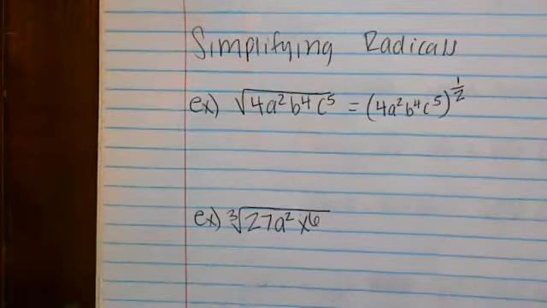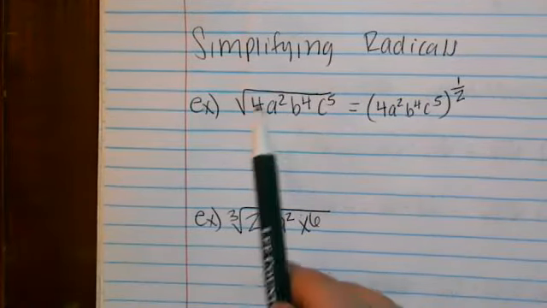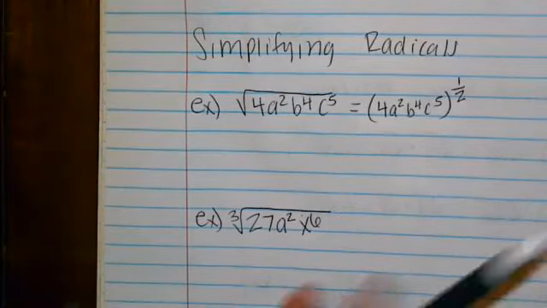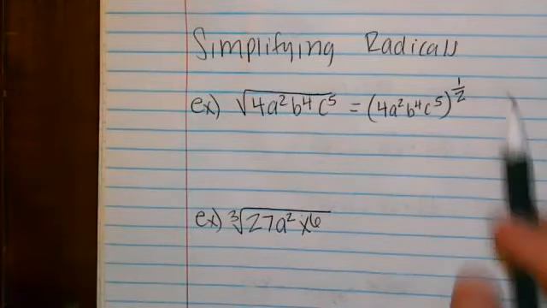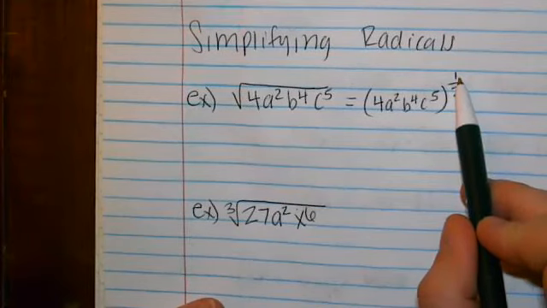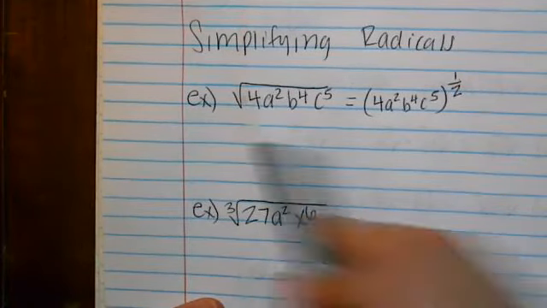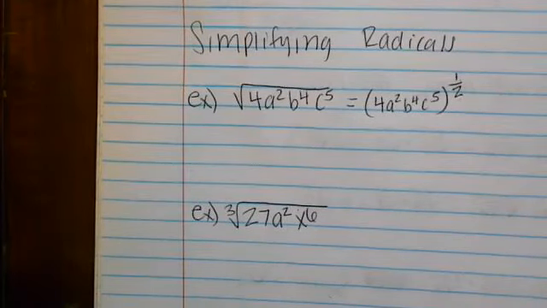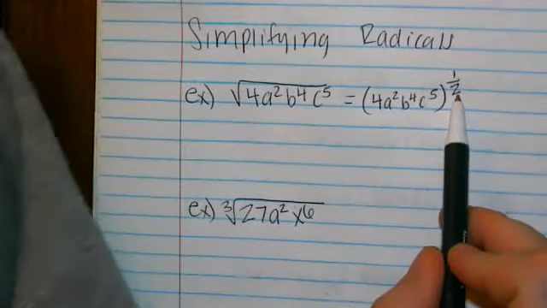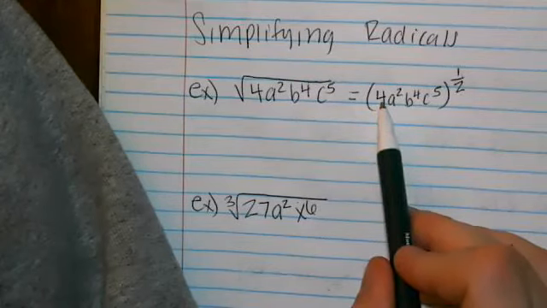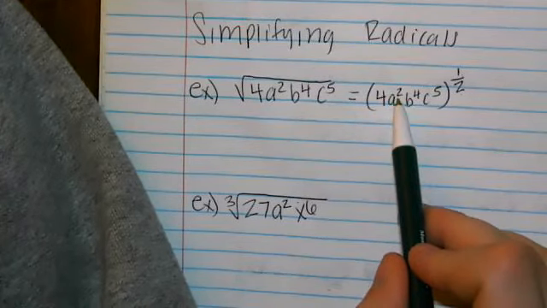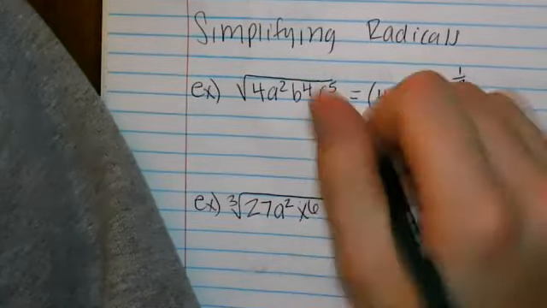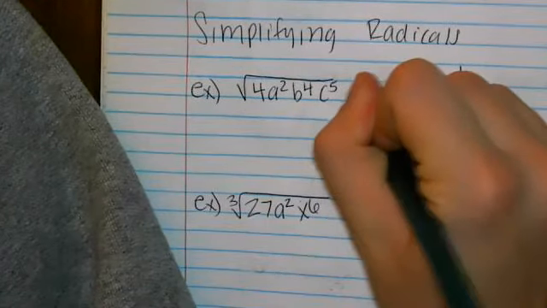over 2. Okay, since all of these have different exponents, there's not an overall exponent I can put as my numerator, so it's just going to be 1. It was a square root, so 2 goes in my denominator. So we know that exponent properties say this 1/2 applies to the 4, the 2, the 4, and the 5. Okay? So this will now be 4 to the 1/2